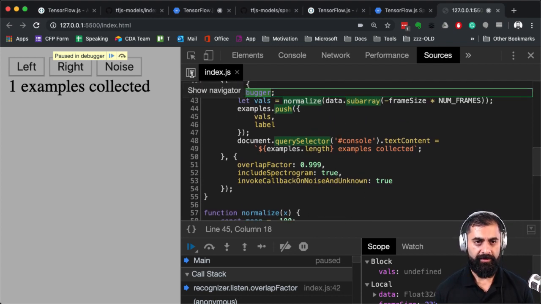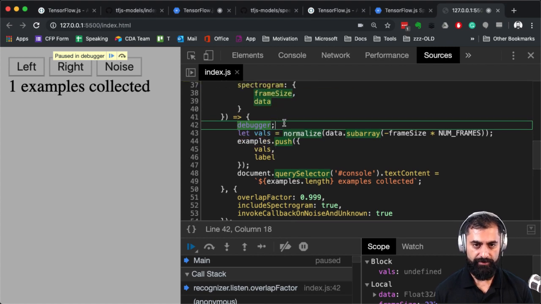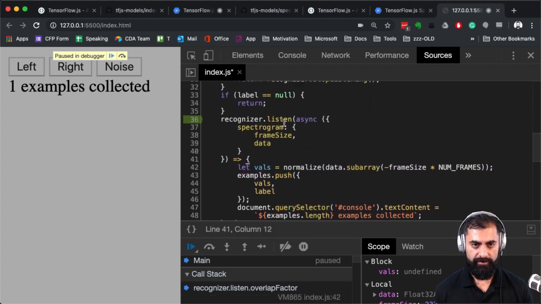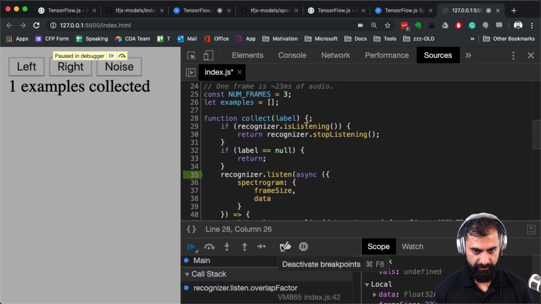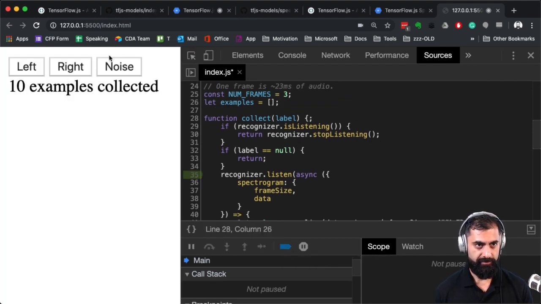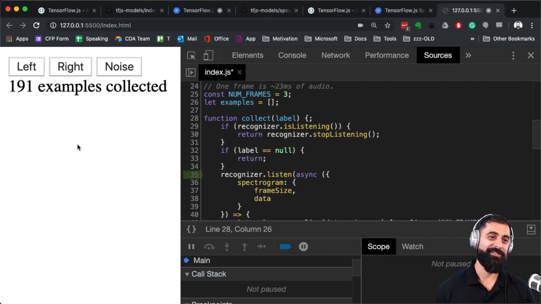So I think if I... In fact, because I've got debuggers everywhere, it's not going to do a good job. So let me... No, I can also just close debuggers and just, yeah. So is this collecting, and I should probably be making sounds right now, like ah, oh, oh.